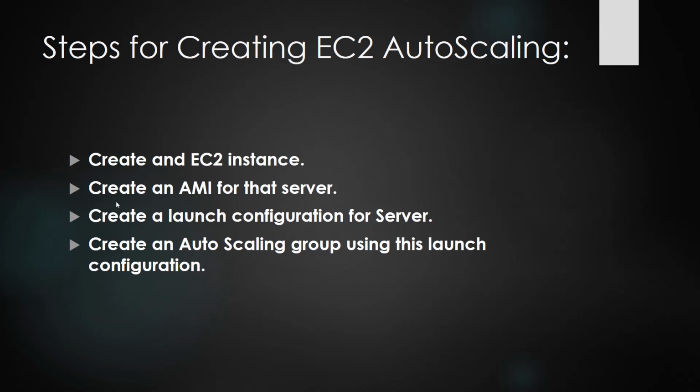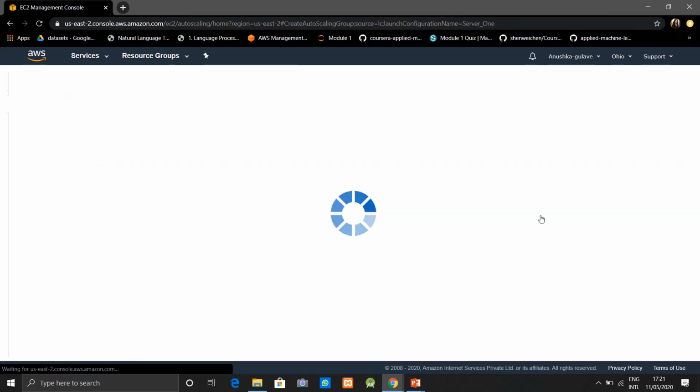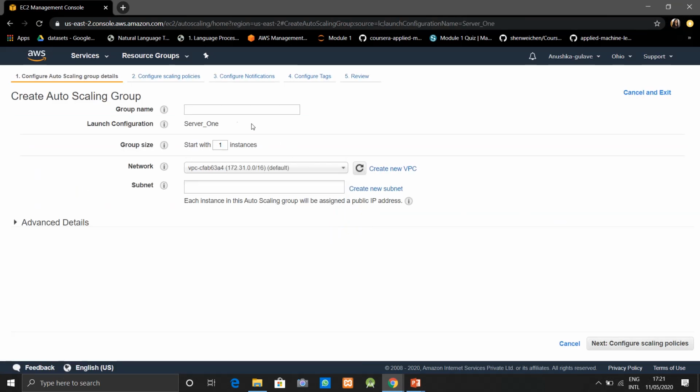Now the last step, which is create an auto scaling group using this launch configuration. So we are going to create an auto scaling group using that configuration. Let's name it server 1 group.